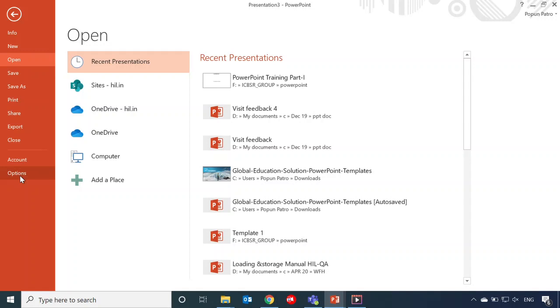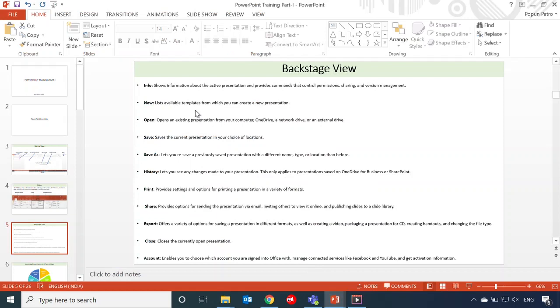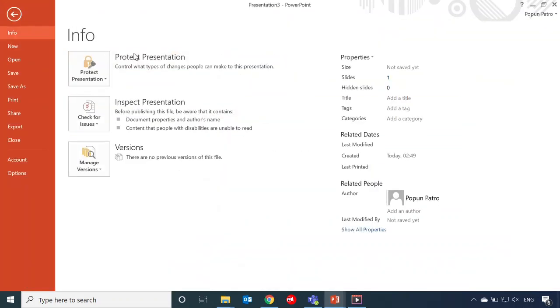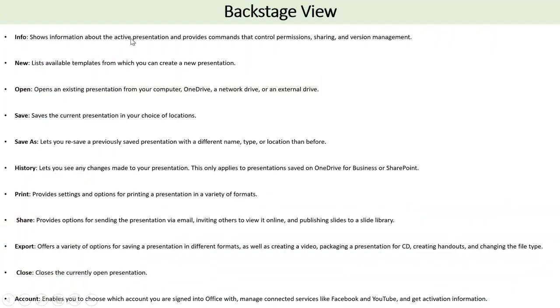In the backstage view, the first function is info. Look here, it shows information about the active presentation and provides commands that control permission, sharing, and version management.